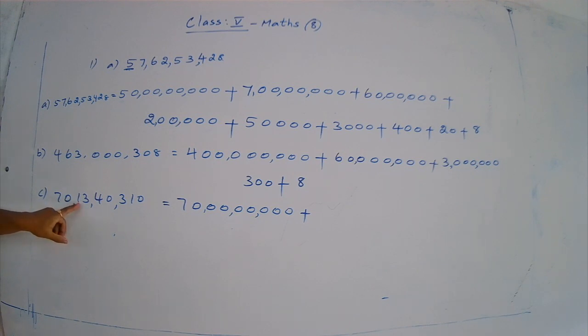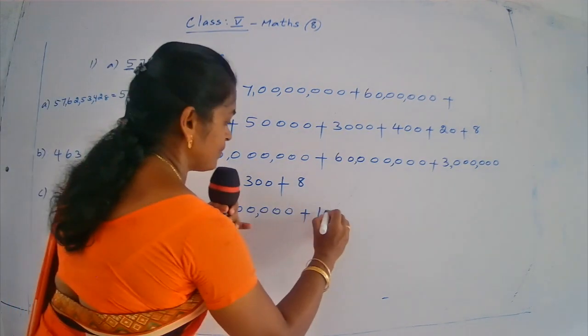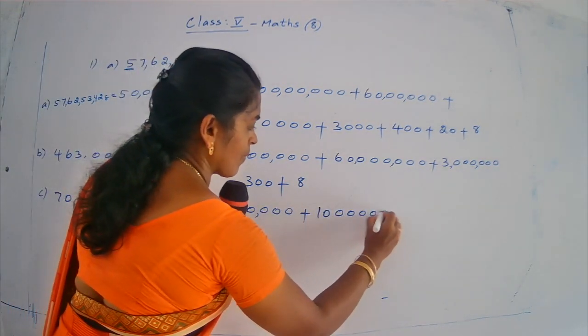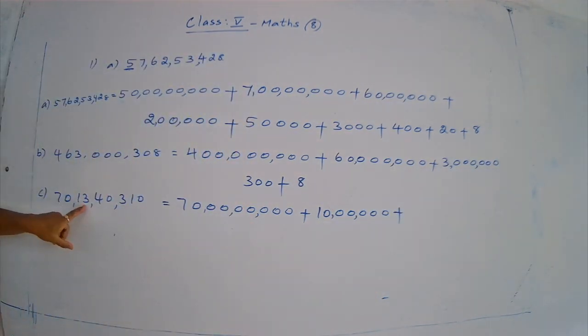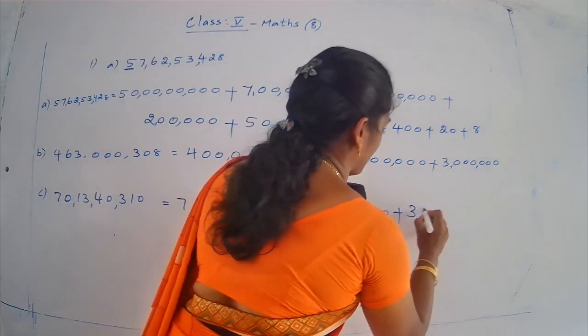That is 1. So the place value of 1 is 1 into 10 lakh. 1 into 10 lakh is equal to 10 lakh. Okay, 10 lakh plus what is the place value of 3? 3 lakh. Ones, tens, hundreds, thousands, ten thousands, lakh. The place value of 3 is 3 lakh. Okay, 3 lakh